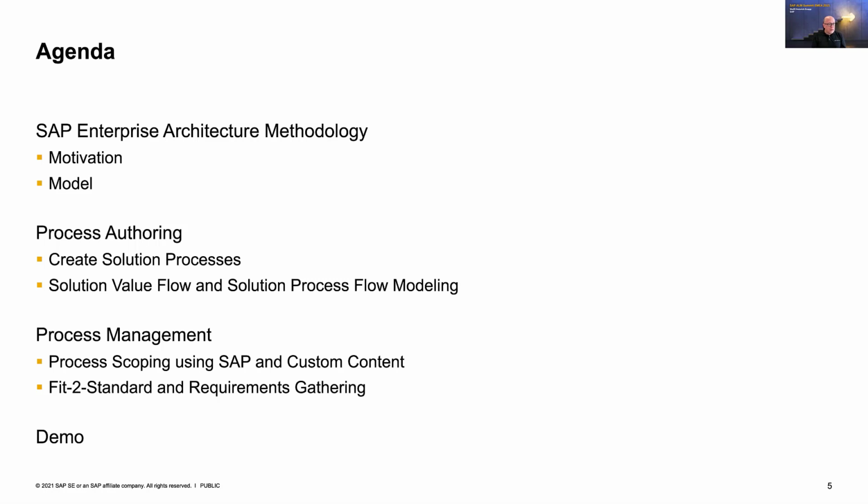And then for sure, we will talk about fit-to-standard workshops. Fit-to-standard workshops are really the core to understand what is the actual process or project scope, because project scope is quite often the combination of the processes you set in scope, but also the requirements you have.